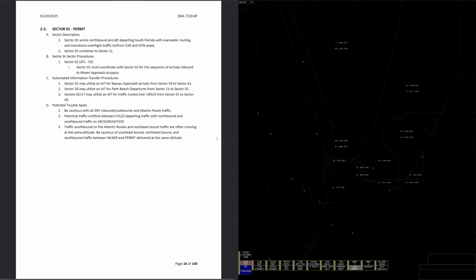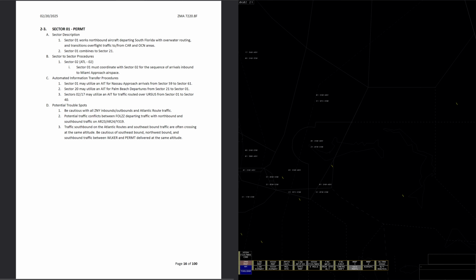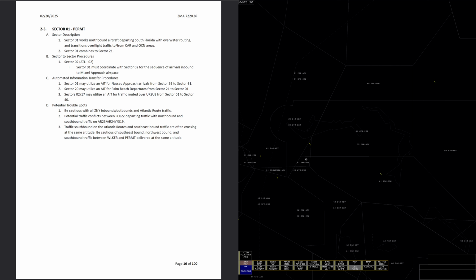Now I'll briefly talk about automatic information transfers, which appear in certain sectors. Looking at Sector 1 and pulling up the ocean area and Caribbean area maps, Orlando arrivals via Hanks, for instance, cross Hanks at 13,000. This is not an instruction issued by Sector 1. Rather than having aircraft bound for Hanks